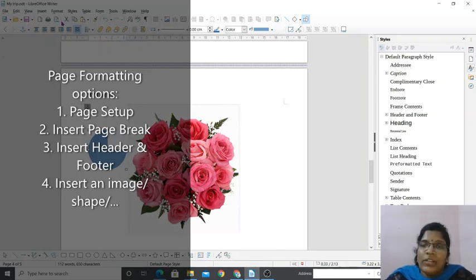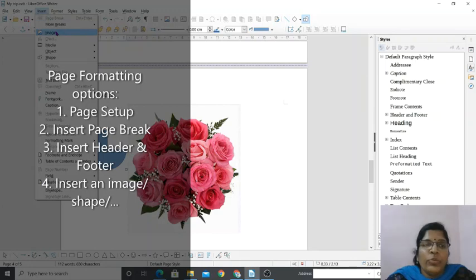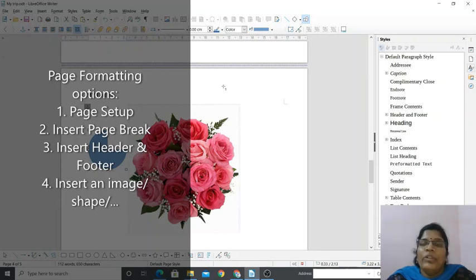inserted pictures, shapes, charts, anything we can add it. The procedure is same. Okay, you can try one by one. Okay, no need to wait for me to teach you. You can just try one by one everything, shape, text box, frame, everything you can add and check. Okay, so this is a next one. Okay, so how many we studied? Page setup, page break, inserting page break, inserting header and footer, then inserting pictures, shapes. Okay, that is the fourth one. Still we have three more things to cover.